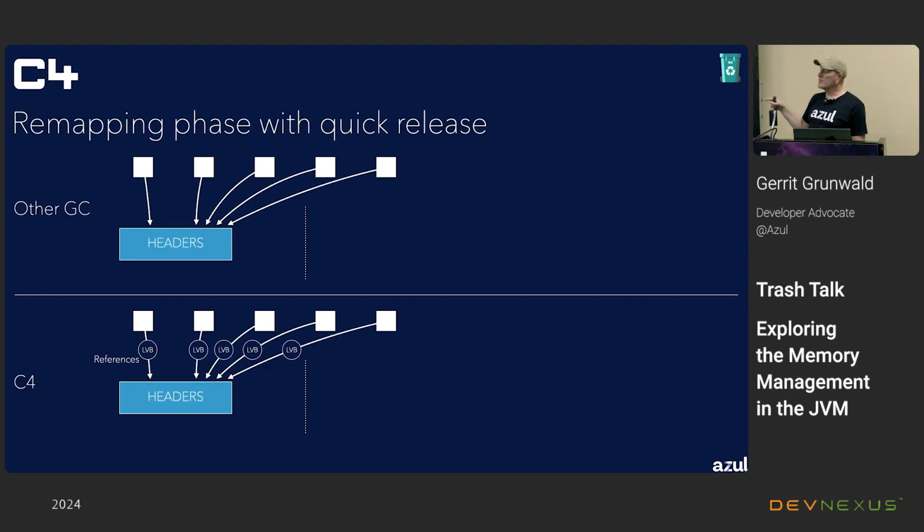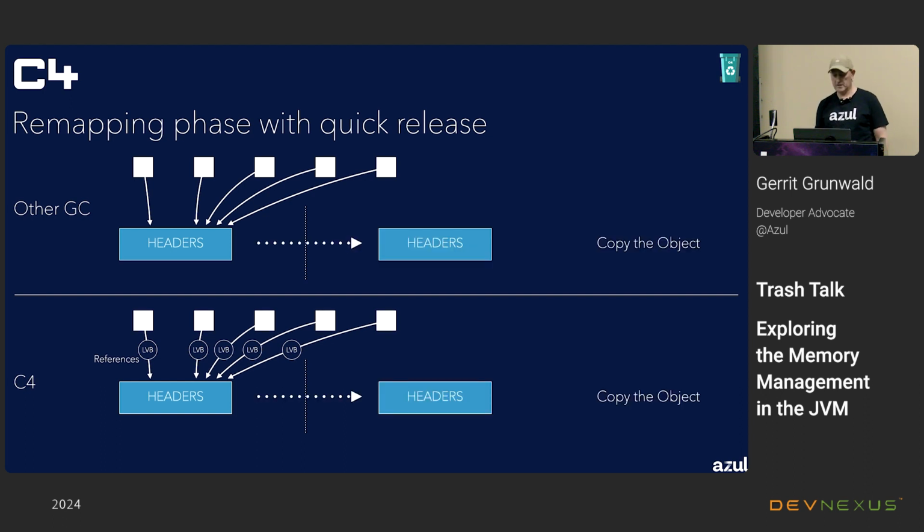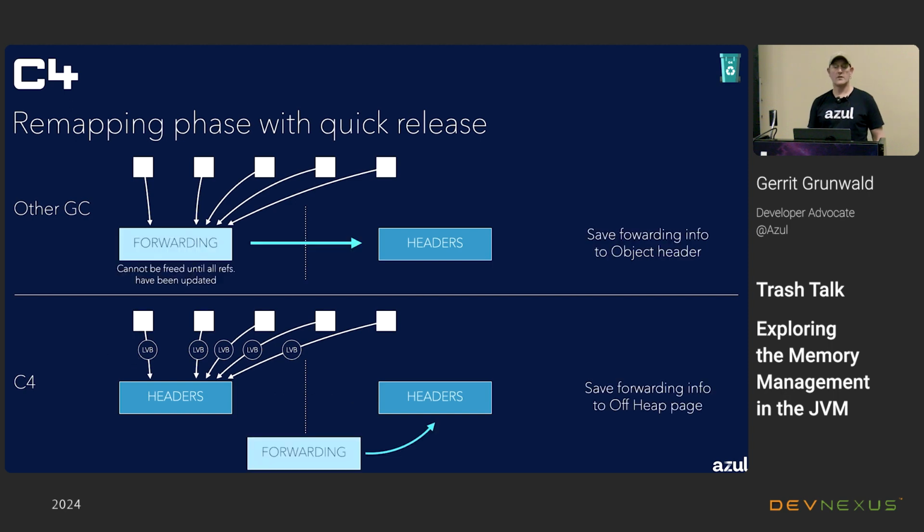The other thing is if we do remapping, then I show you on top, this is how it works in other collectors. And in the bottom, this is how it works in the C4 collector, and it's very similar in the ZGC. So we have the references that point to the object, to the headers in this case. And now we would like to copy stuff concurrently. So we copy the object, and the next thing that happens is we establish a forwarding pointer, and the other collectors do that in the header of the object. We don't do it. We move this forwarding information in an off-heap page. So it's somewhere, it's always the same place, but it's not in the original object. And there's a reason for that. Because what now happens is